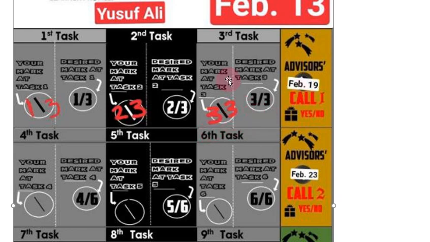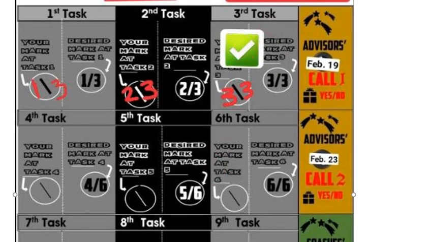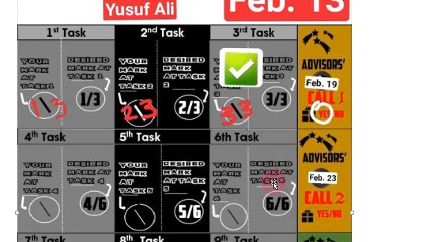And that means you did all 3 tasks in a row, and I'm assuming, hopefully, you called one other student or learner in the group, and you did all of these in gratitude form. If you don't do them in gratitude form, you don't get the task that day. Then what happens is something amazing. The advisor call is supposed to be February 19. You get the advisor call. He got all of the requirements. That means he's going to get an advisor call, which says right here, yes, on advisor call 1. Instead of saying no, you get yes, okay? So then you get the call.